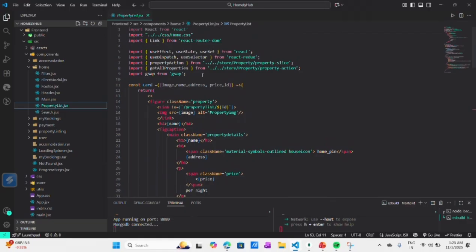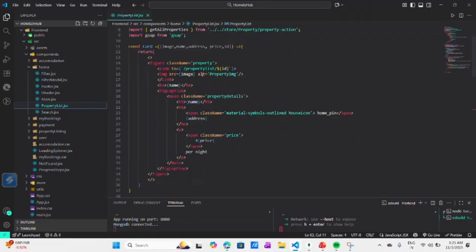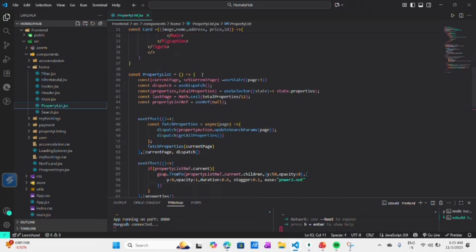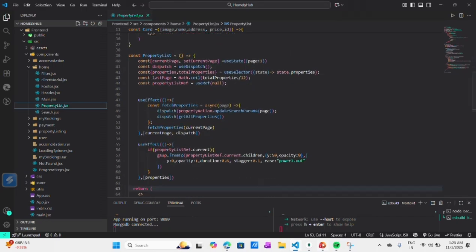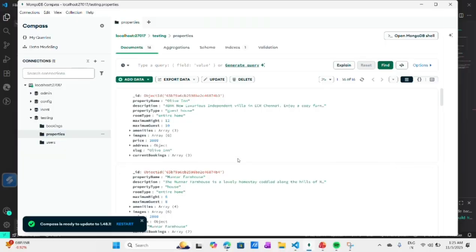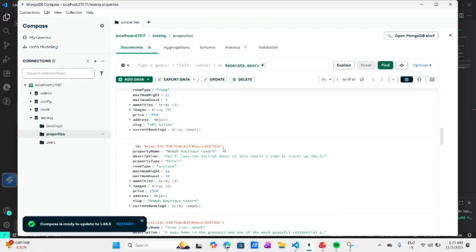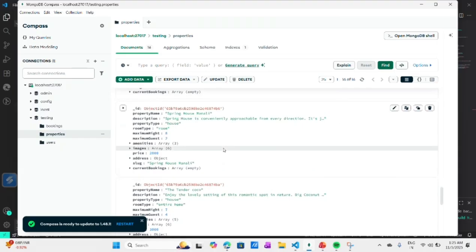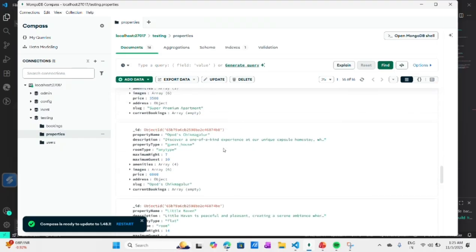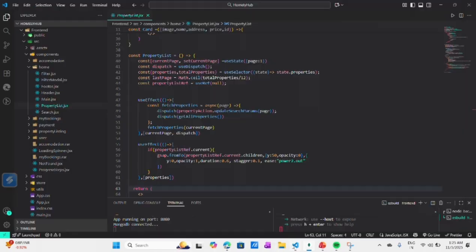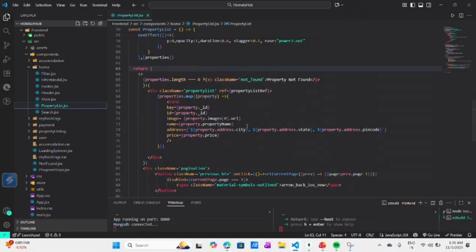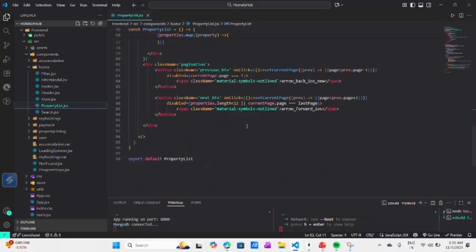Now comes the PropertyList.jsx file. It shows a list of all available properties and fetches property data from your backend using Axios or a Redux action. It displays them in a grid or card format with key details like image, name, price, and location.